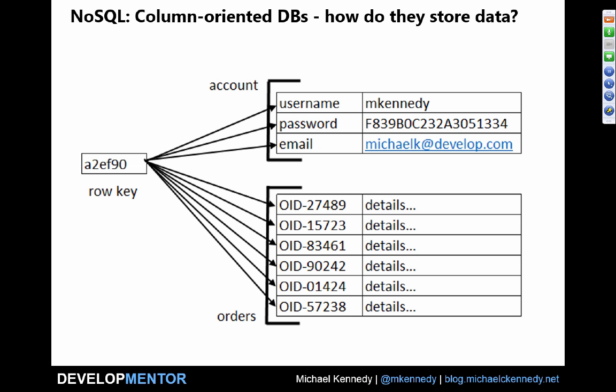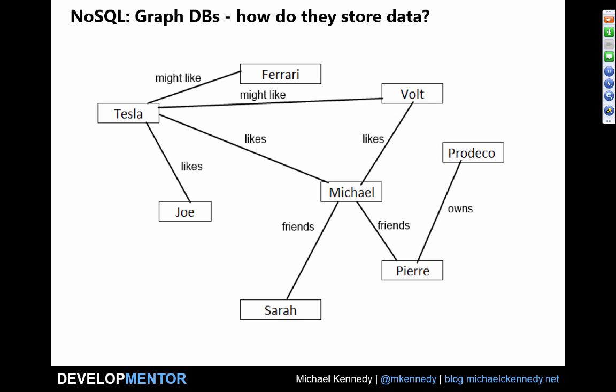If you have a column-oriented database, then you have something slightly different. You have some columns that look normal, like username and password and so on. And you have a row key, which is like the primary key. But then you can also have this other thing that you might think of as a join, like a precomputed join. So here's a bunch of orders with details about those orders and so on. So there's kind of this hybrid thing going on here. It's kind of interesting, but a little hard to get your head around.